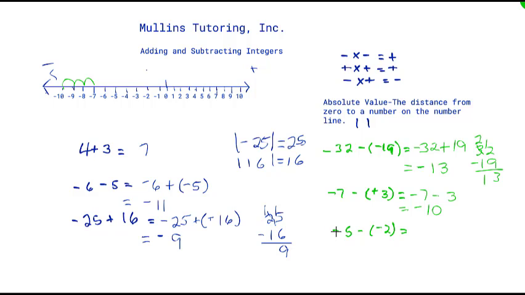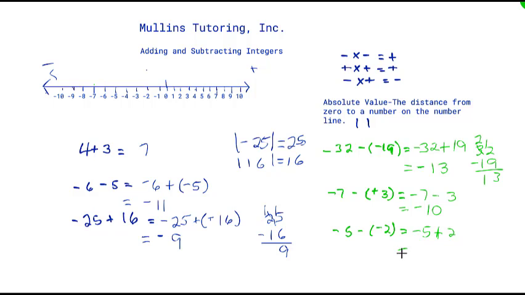Let's look at our last problem. We have negative 5 minus negative 2. We'll just bring our negative 5 over. I'm just going to erase this part up here so we can use the number line again. And then negative times a negative is going to be a positive, so it's going to be negative 5 plus 2. So we can see that our absolute value of 5 is greater than 2,